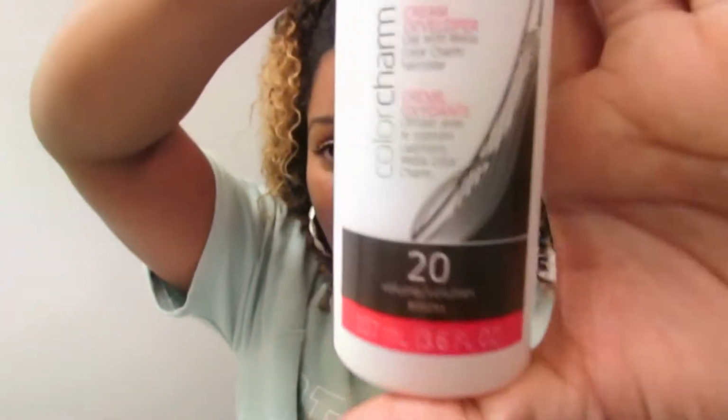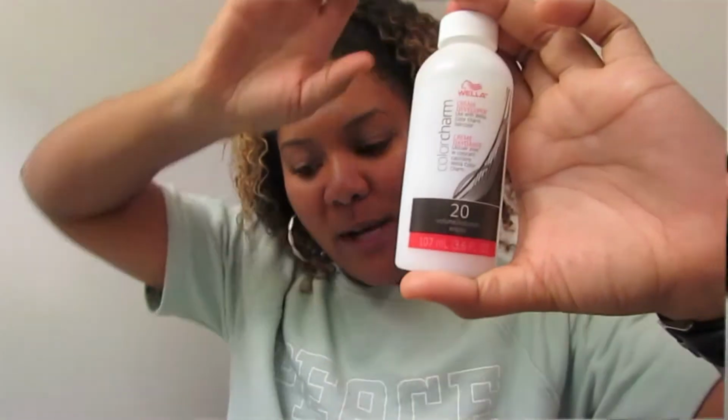On the bottle they tell you to mix it with a 20 developer. I'm gonna use a 20 developer. Something you have to be careful about if you're gonna use the Wella, because I did it in the past. I made the mistake. Because it is a 20 developer, if you put it at your roots, it's gonna